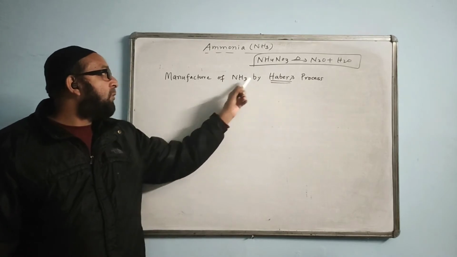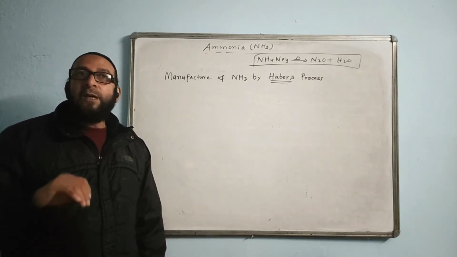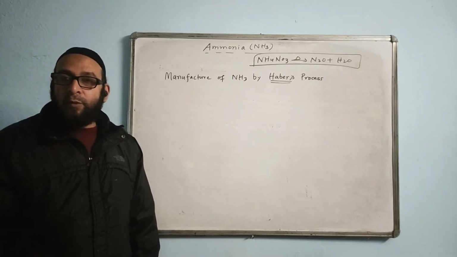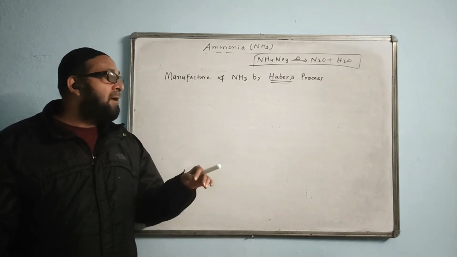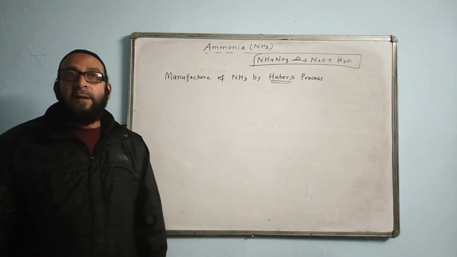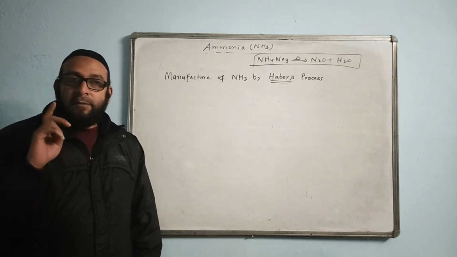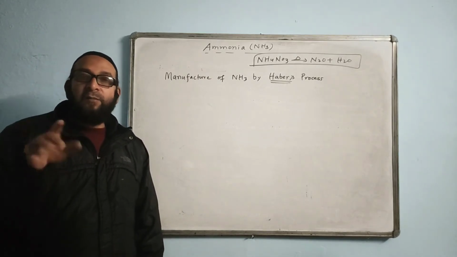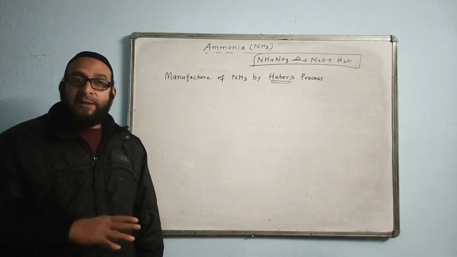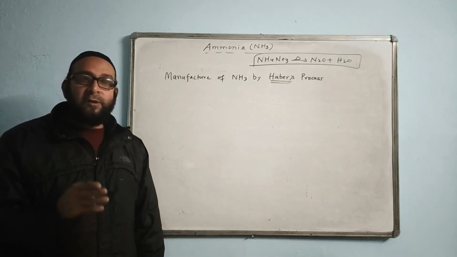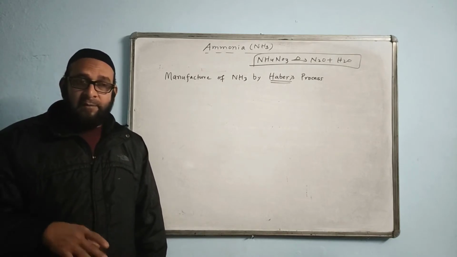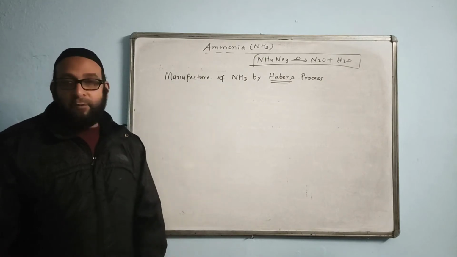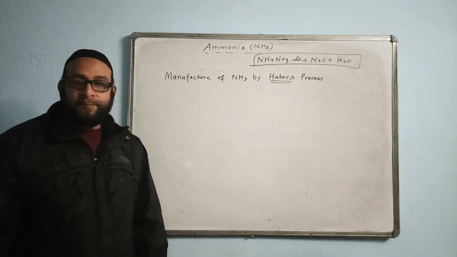One is Haber's process for ammonia. The second process will come in the chapter on nitric acid, that is called Ostwald's process, to manufacture nitric acid. And one more process will come in the sulfuric acid chapter, that is called the contact process, for the manufacture of sulfuric acid. You will get questions on all three processes, 2-3 questions from each, and it will carry minimum 10 marks in ICSE. So you need to concentrate quite well on this topic.